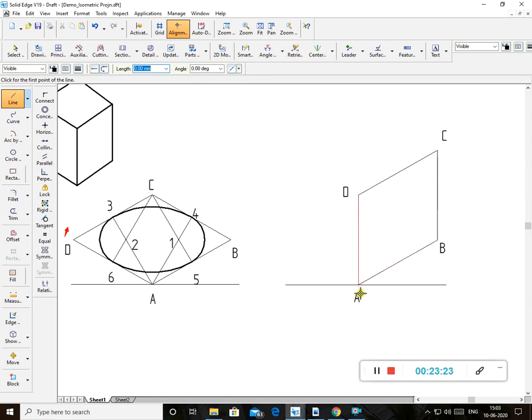From here I have to draw. Don't draw these lines from the acute angles. So from D I will draw a line here, a construction line, to the opposite side BC midpoint. From D again to the opposite side AB midpoint. From B again to the opposite side DC midpoint. From B again to the opposite side AD midpoint. So this you draw. Okay.